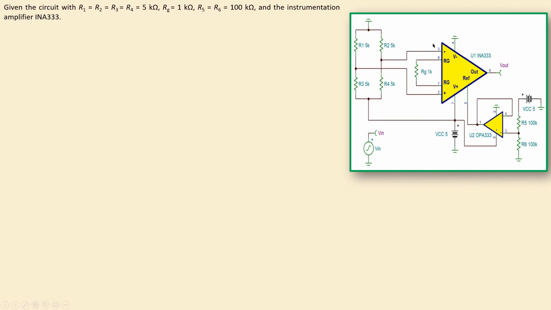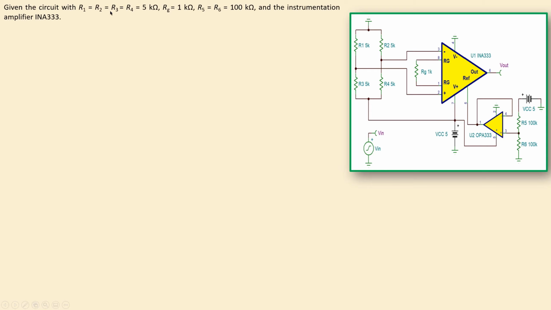We have the following circuit given. Again, our instrumentation amplifier INA333, and in this case we have a reference circuit realized by this op-amp and also these two resistors, and we have again our 4 resistors which will be our source as the Wheatstone bridge. And again we have the gain setting resistor here. In the previous example number 1, we have seen that this will determine the gain of the instrumentation amplifier, and for the noise analysis we need to add an AC source, so that's why we have it here. We have also the power supply which is now 5 volts, so the whole circuit is running at 5 volts.